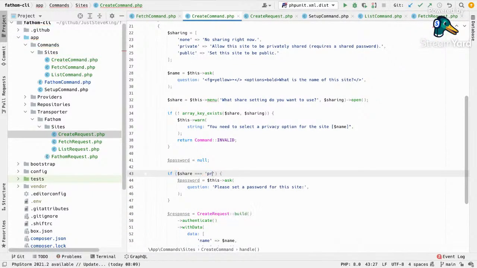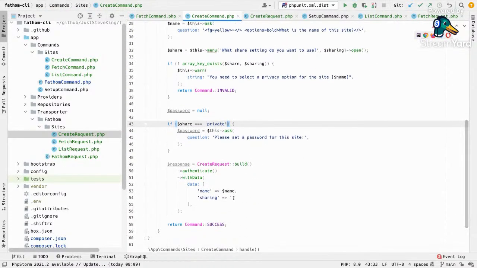If share equals private, and set a password, we'll get the response, and then the sharing mechanism is